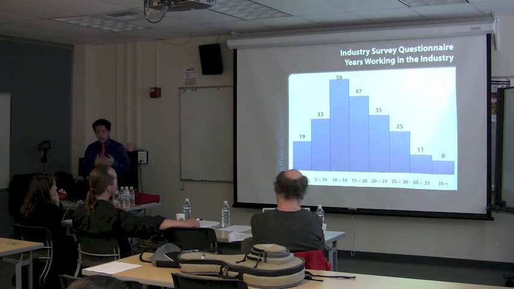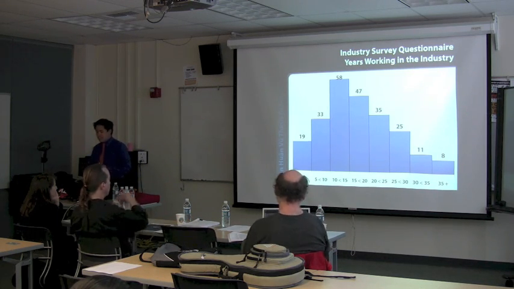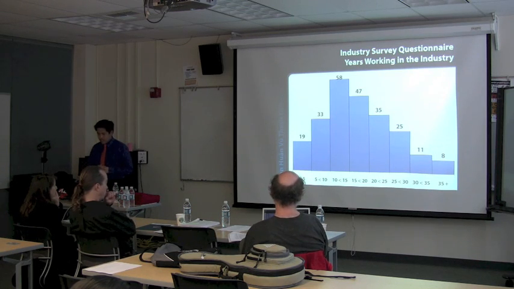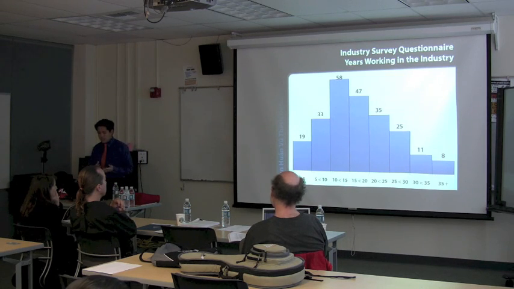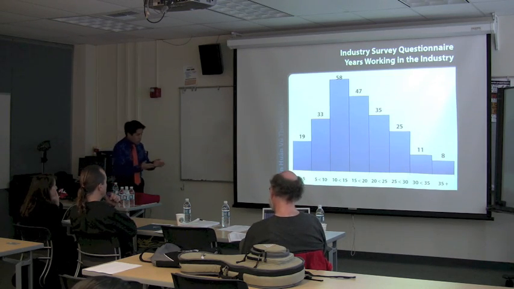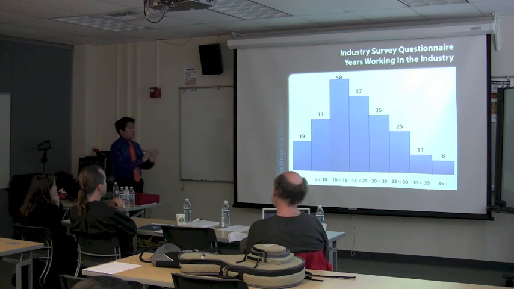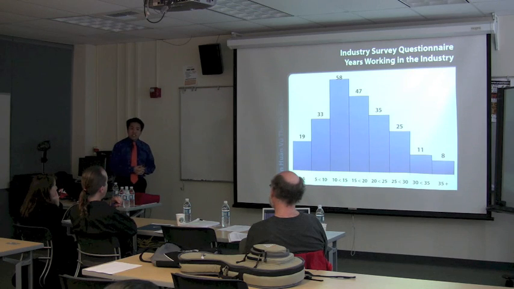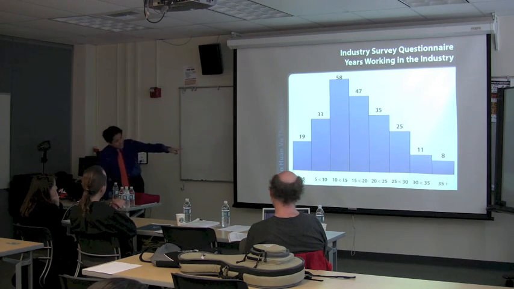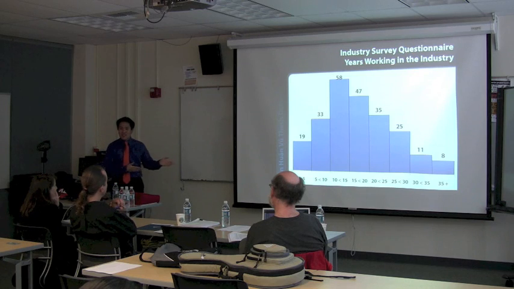In regards to how many years they've been working in the industry, there were a total of 236 responses. You can view the years in detail under table 25 in the handout. Shown here is a histogram summarizing the distribution of respondents by the number of years they have worked in the industry. And by the way, what I was thinking the histogram would look like was that there would be more people answering at 20 to 25 years, but actually the majority had at least 10 years within the industry. I'm absolutely amazed that somebody with at least 35 years was willing to answer my survey too.